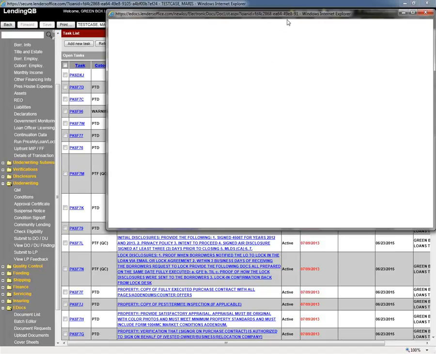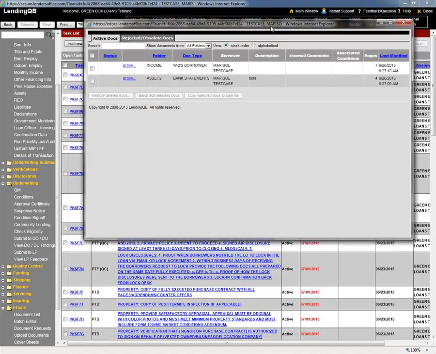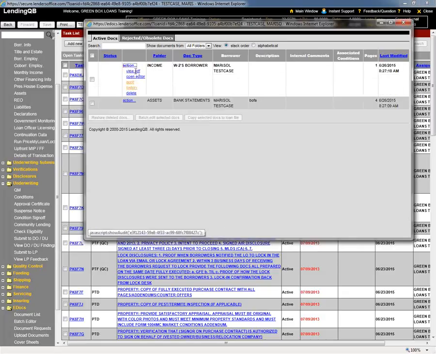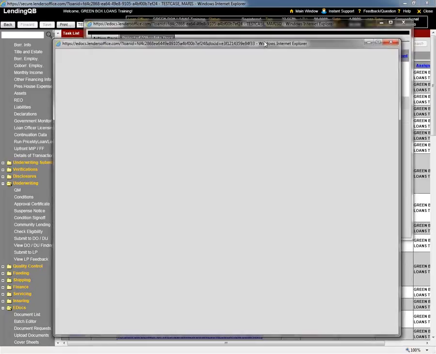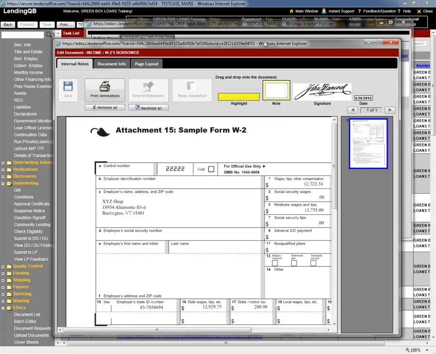And I'll open another window. To access the documents that come in, all you have to do is hit the action button and open the editor. And this will also be gone over in your eDocs training, if you do eDocs training, so I'm not going to go too much into it. The only thing I want to notate here is that when you're looking at this document,